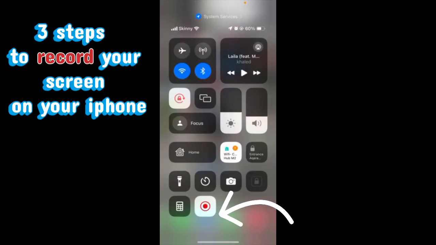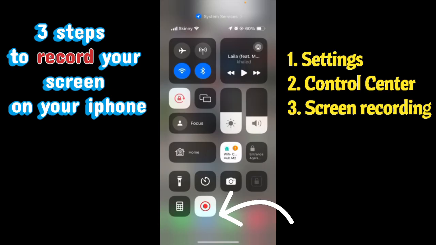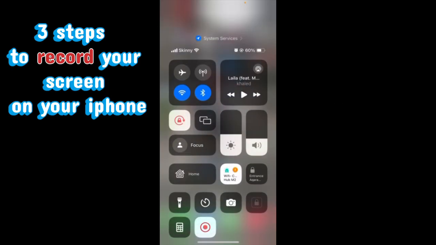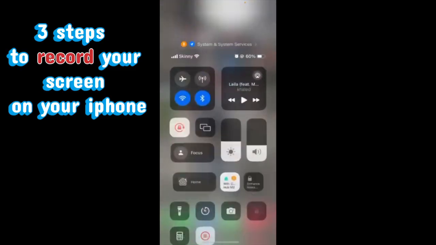Okay, so how to screen record, or to record your screen on your iPhone. Now I'm going to show it in 3 simple steps. So first of all, what you have to do is really just swipe,